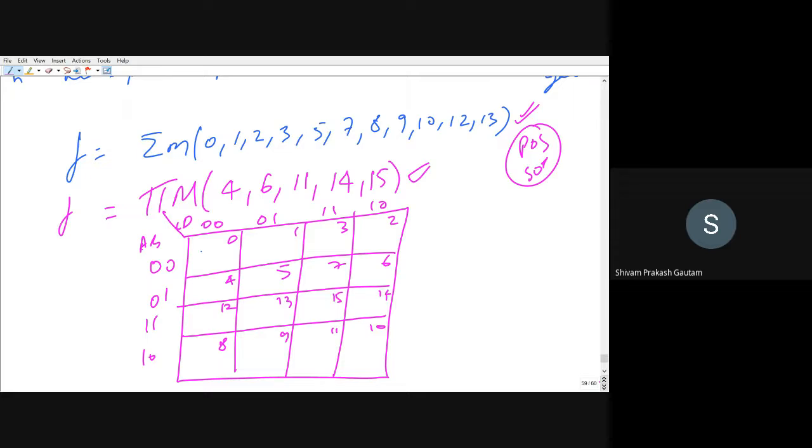Now we have to fill the min terms. So 0, 1, 2, 3, 5, 7, 8, 9, 10, 12, 13. Any doubt?